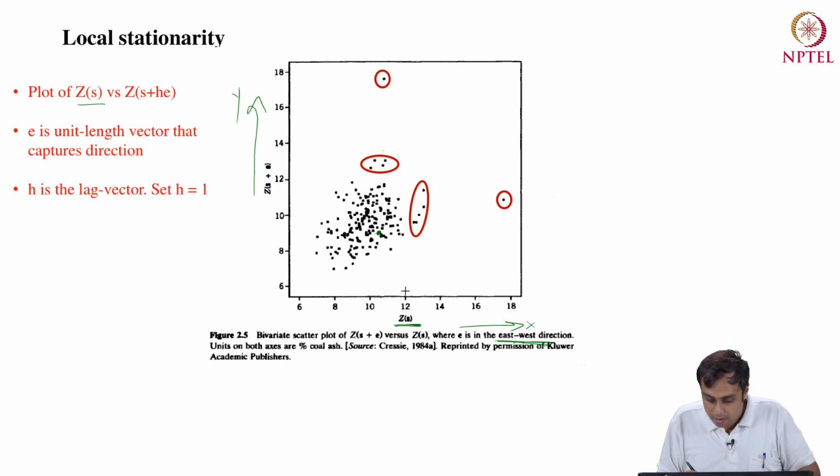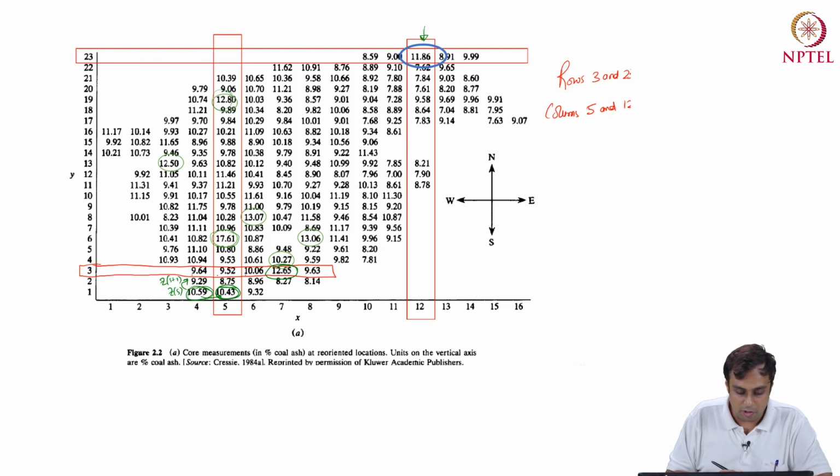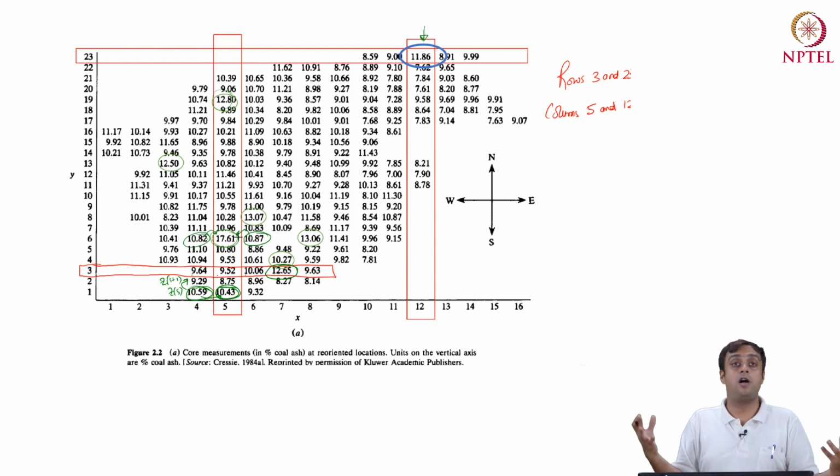For example, if I get a value of around 11 when I'm standing at around 11, and I get a value of around 18 as the next step, when I move one step in the east-west direction, well, I should be worried. I'm looking at something very bizarre, right? If I go back to my data set again, I am basically starting out at 10.87 or 10.82 and ending up onto the next hop being such a large value of 17.61, right?